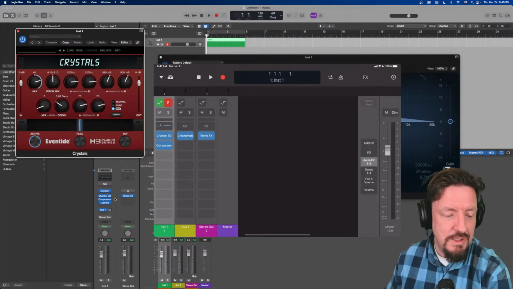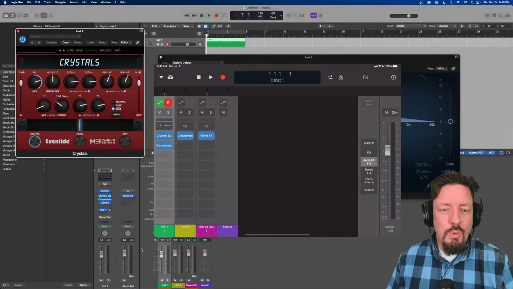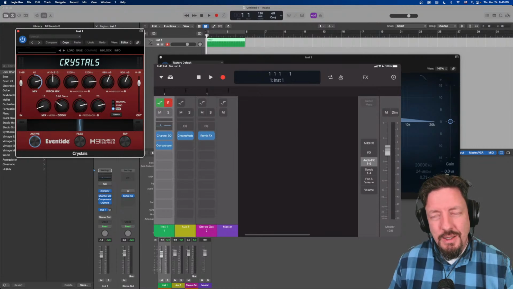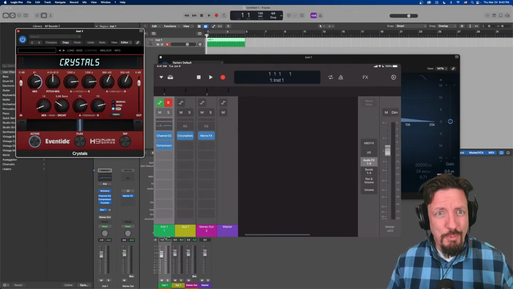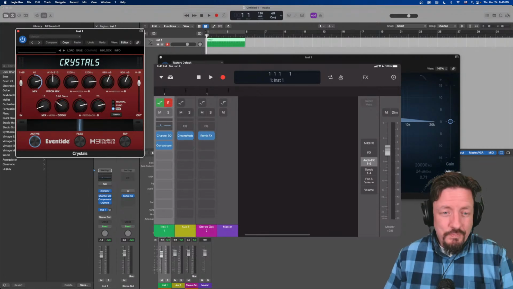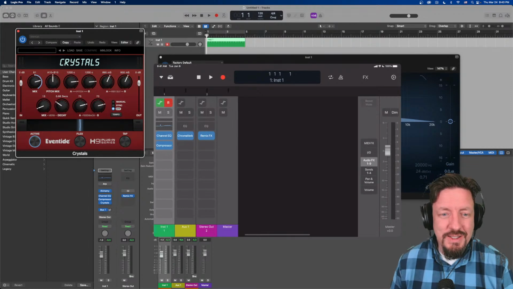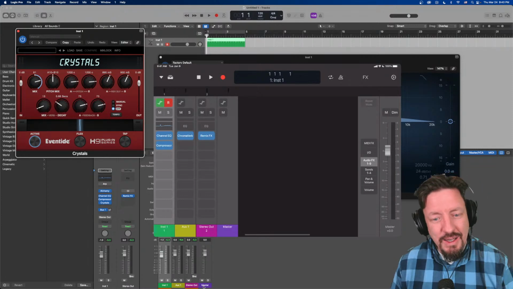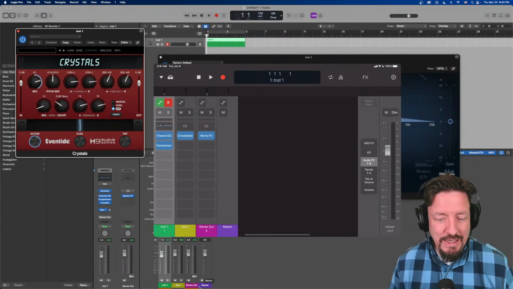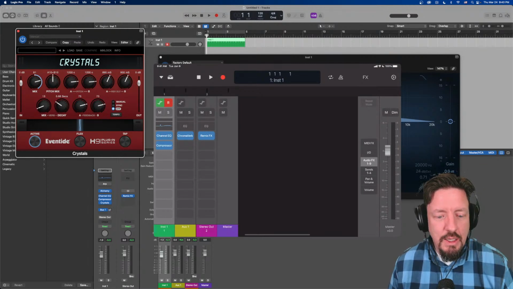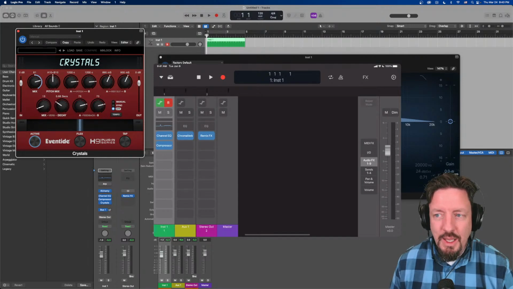If you're brand new to this, it has got to be such a confusing world. Why do we have circles that do panning from left to right? Think about it, it doesn't make any sense. Why do we have buses and auxiliary tracks and stereo out and a master track? What does all this stuff mean? It's insane. So for somebody who wants accessibility and an intuitive platform, something like GarageBand is